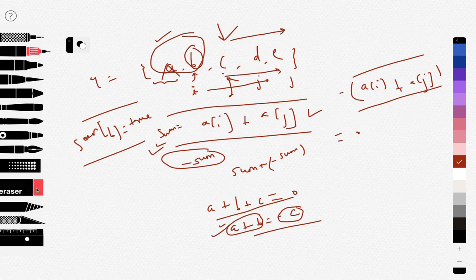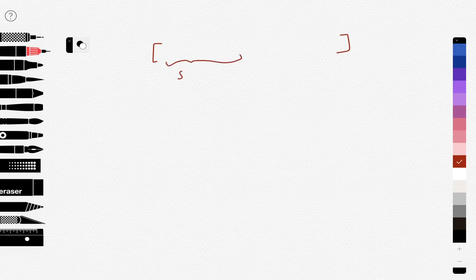Okay, so just one more time. Let's say that this is the array and we have already seen these numbers. So these are in the set called seen.